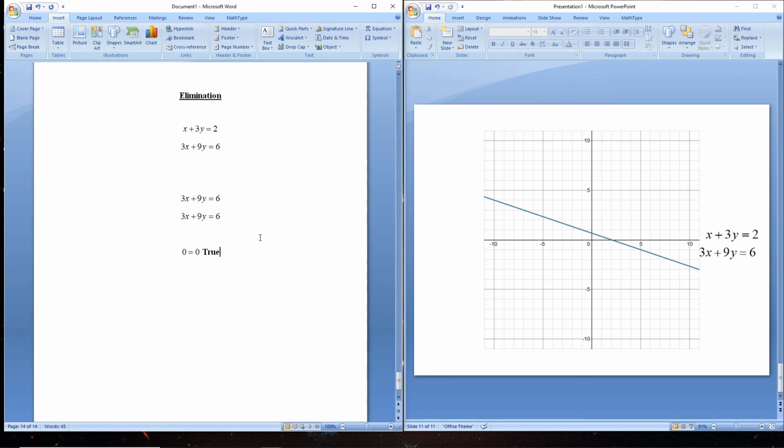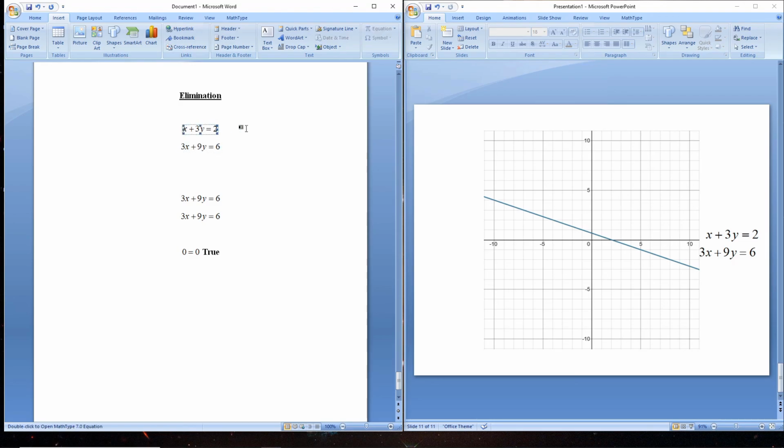So for infinitely many solutions, this means algebraically that this will all boil down to 0 equals 0, which is a true statement. And this means that no matter what you put in for x and y, it will always be a solution. And that's ultimately because these are the same equations. They may look different, but if you look at the second equation, it's simply not simplified. If we divide everything by 3, simplifying it,